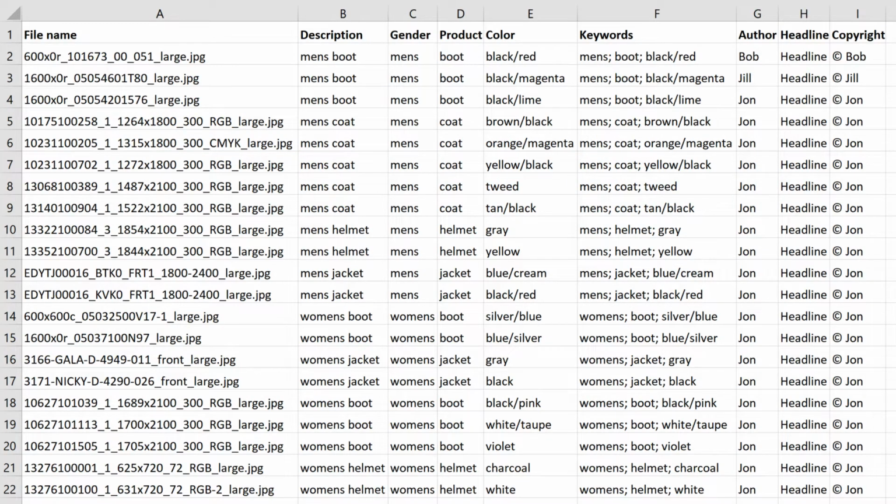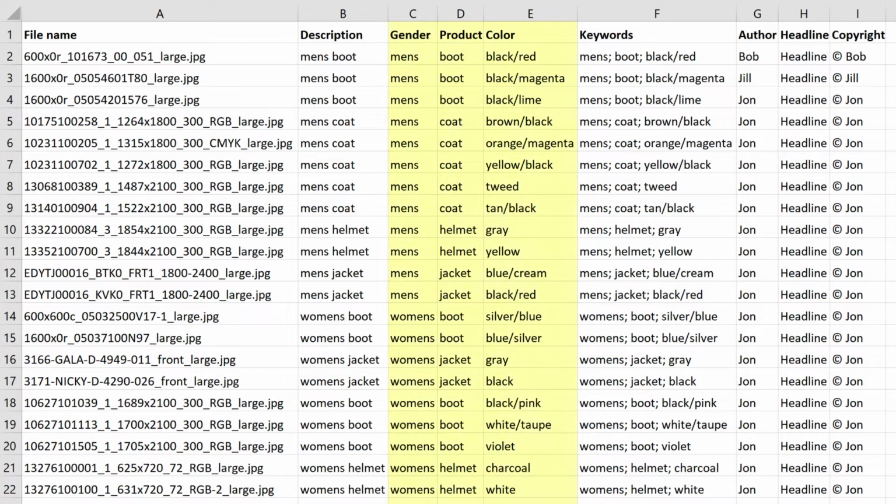First, we need a spreadsheet with file names and metadata. I'm using Excel. Any spreadsheet application should do. The spreadsheet needs at least 2 columns and can be any number of rows. The minimum columns are one for file name and another for at least one metadata field. The order of columns is not important, and there can be columns that are not metadata fields.